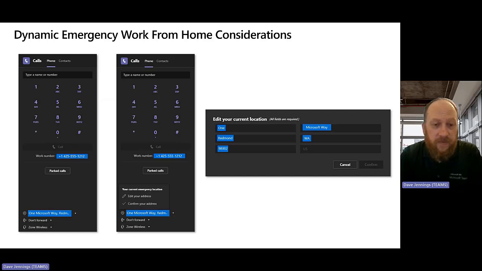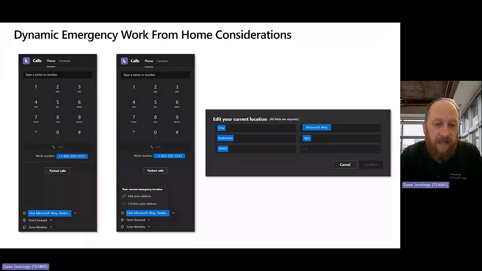So the great thing is with Teams today, the client will actually, unless this is turned off by policy, interact with the operating system. So think about Windows versus Mac, even for mobile phones in this case, to determine what your approximate physical location is at a given time. And so the way that works is